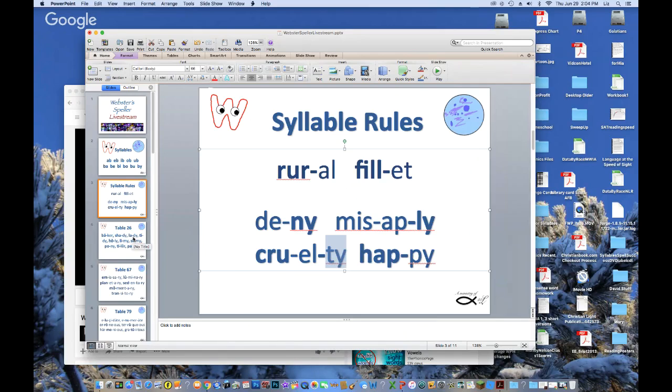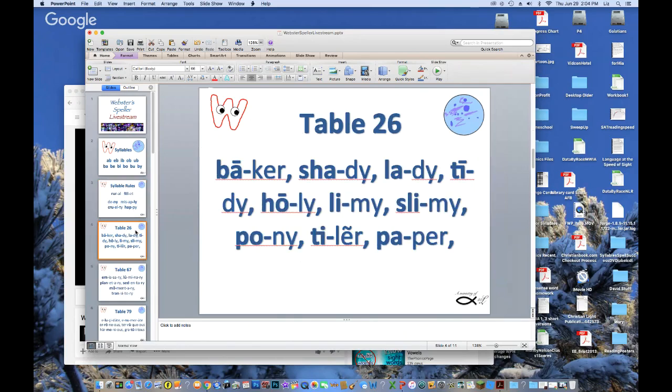And then Webster Speller has some one-syllable words, and I actually prefer to use Blend Phonics or another phonics program for that, but I did use it with both of my children, and it worked out fine. But I think some modern phonics programs actually teach those in better and more fun ways. And then you go on to